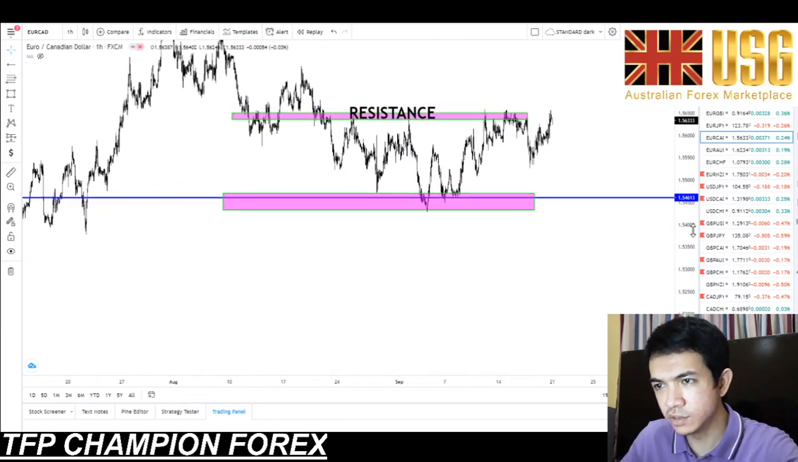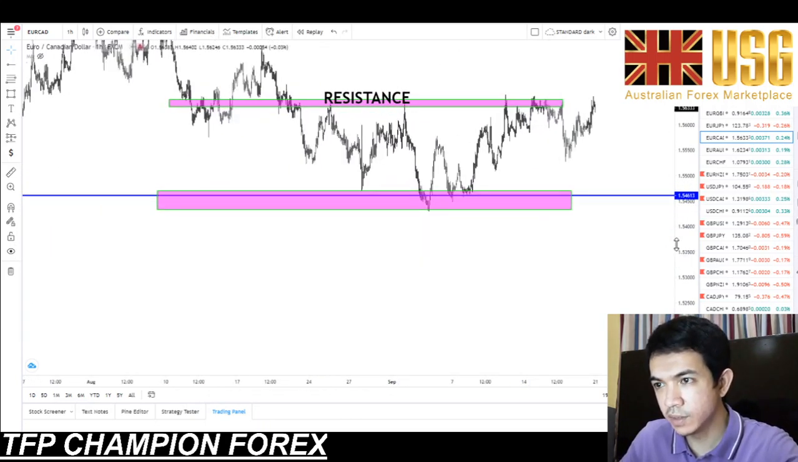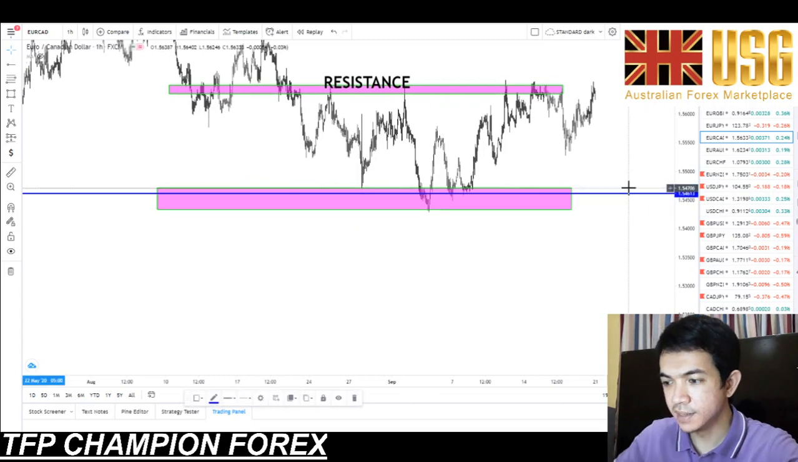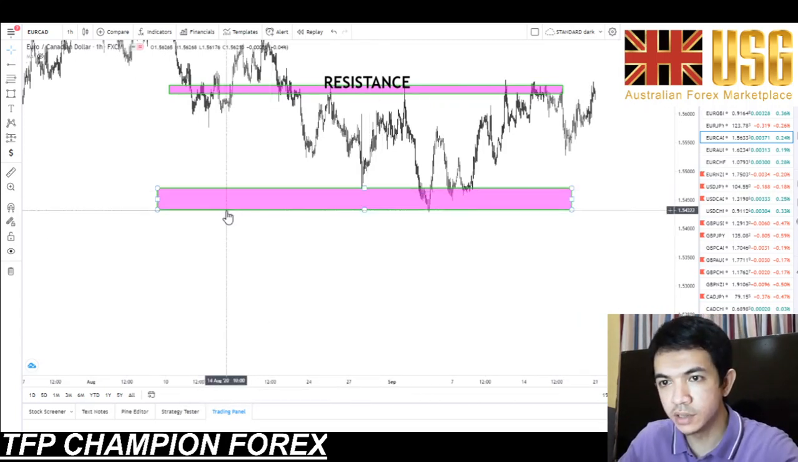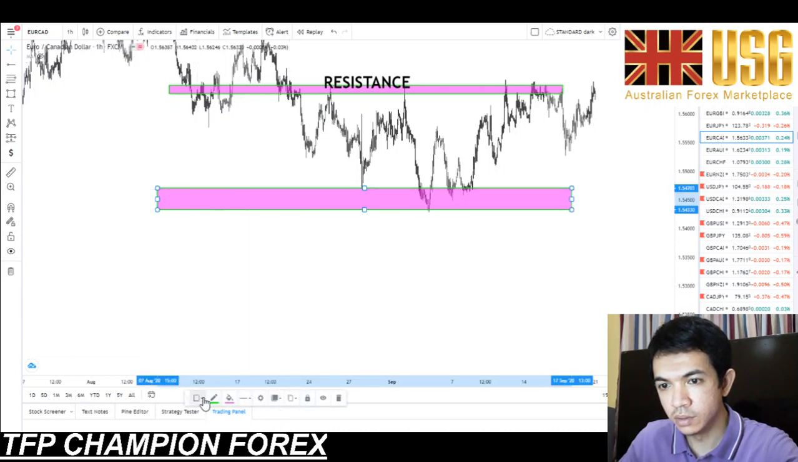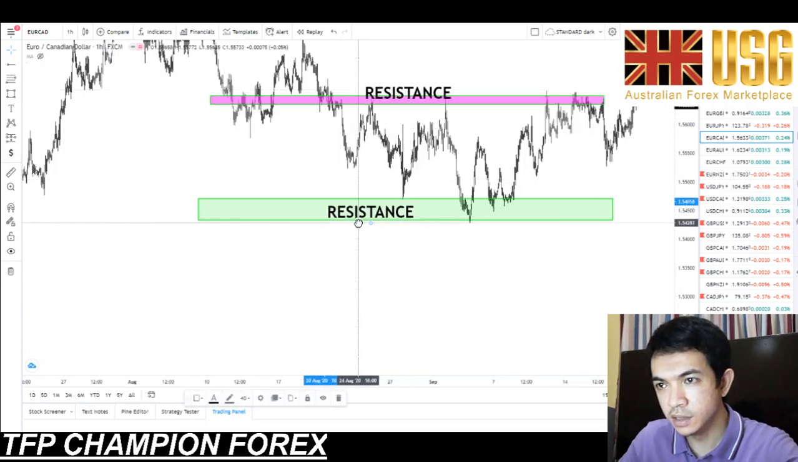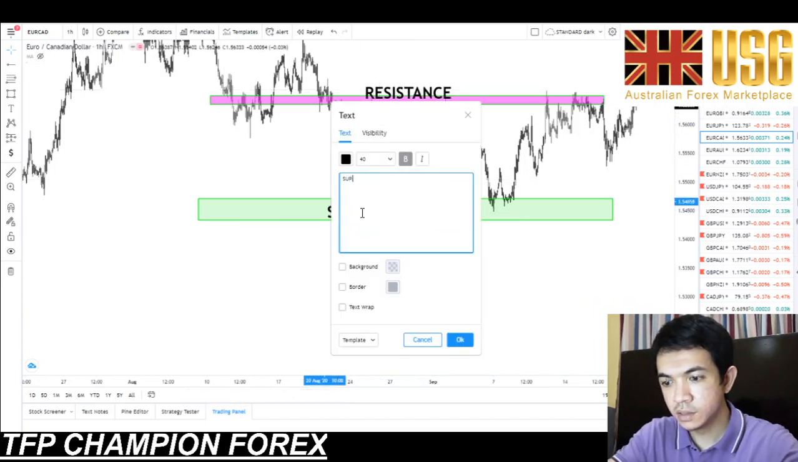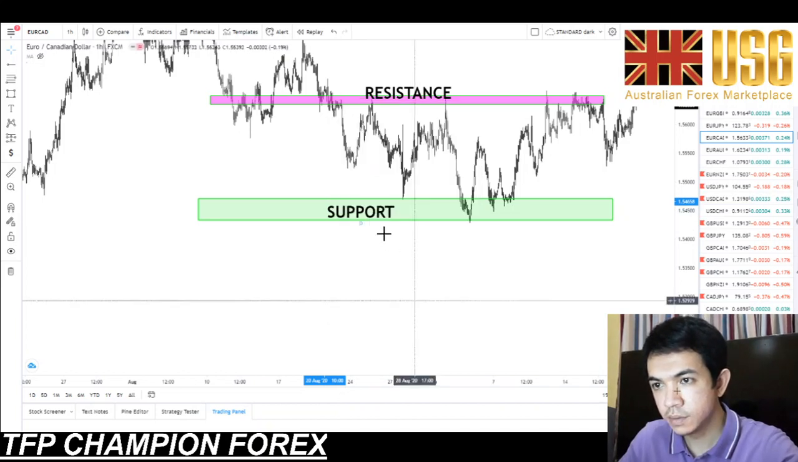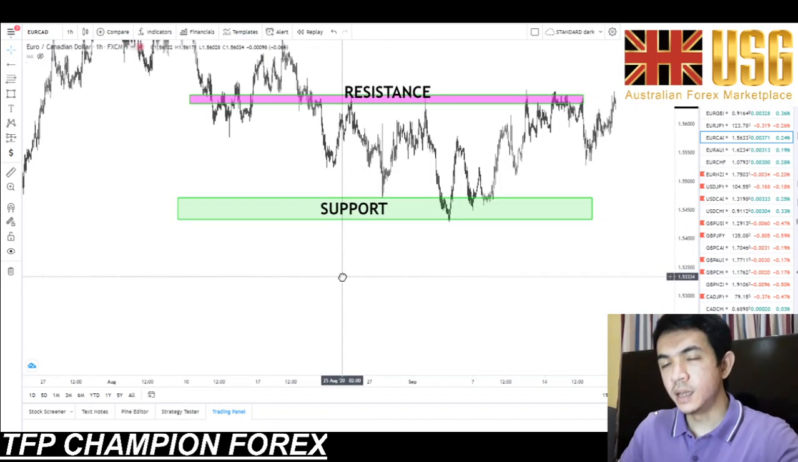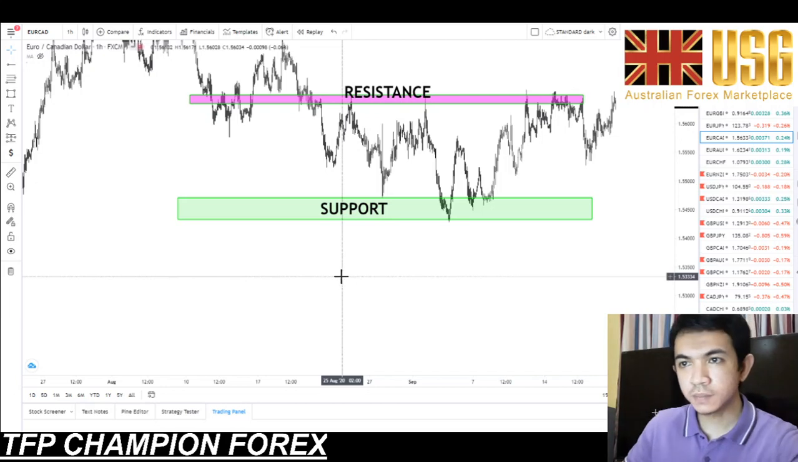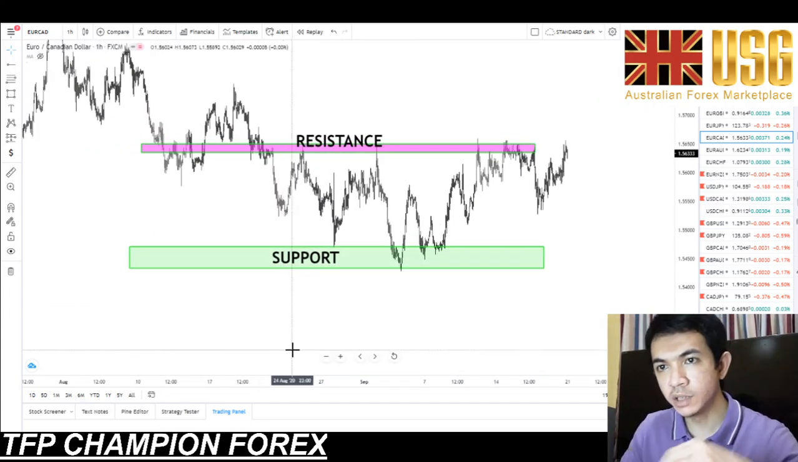Again, this is a zone, not a specific line or something. This is a zone, right? So I can just change this color to a green one. So I have now my key resistance level and key support level. And since we're dealing with the 50%